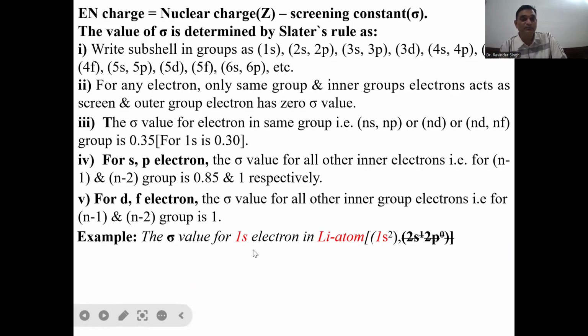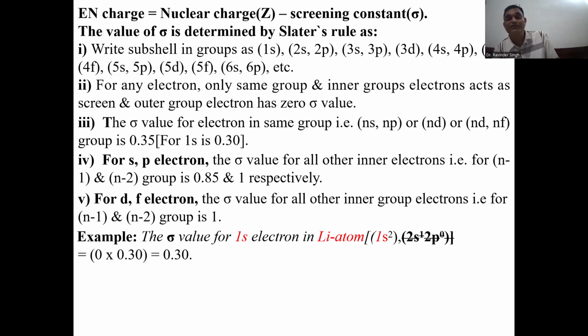Calculate the screening constant value for the 1s electron in lithium, or in other words, calculate the effective nuclear charge experienced by the 1s electron in lithium. हम बात कर रहे हैं कि 1s इलेक्ट्रॉन कितना effective nuclear charge experience करेगा। तो जो configuration हम लिखेंगे लिथियम की 1s2 2s1 2p0, it means all the orbitals, all the shells or subshells that are present outside the first 1s will have zero screening constant value, zero screening effect. तो 1s से बाहर जो भी present हैं, ये जो इलेक्ट्रॉन 2s1 में 1 इलेक्ट्रॉन, ये कोई भी screening create नहीं करेगा 1s इलेक्ट्रॉन के लिए।